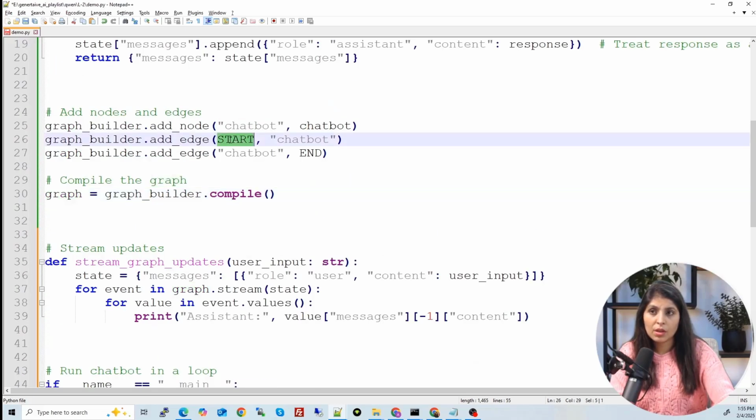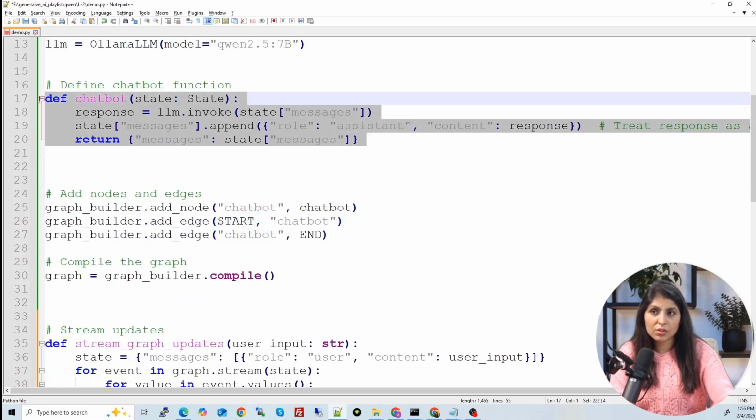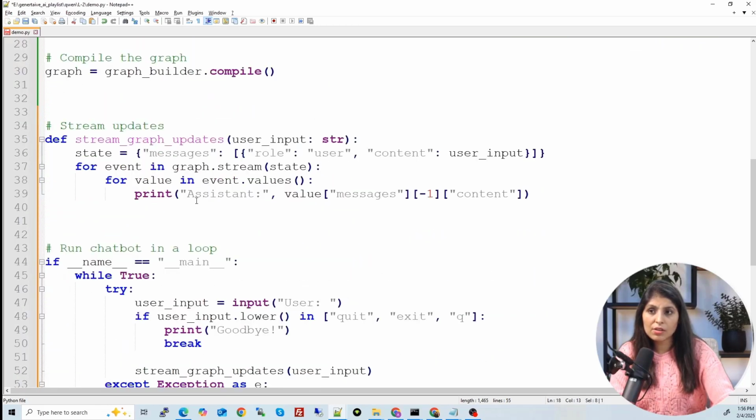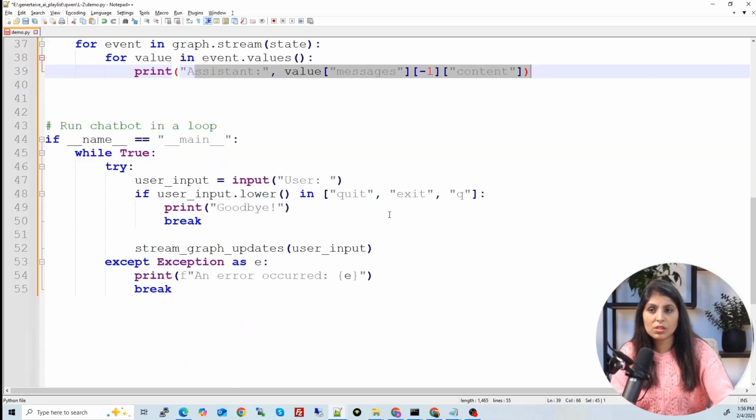This flow. Start node and then chatbot node and then the end node. Means whatever user typed, that question will go to the start node and then the chatbot node. Chatbot node has this function where LLM will run on that question. Response will be generated. That response will be shown on the screen to the user. So this is the function.